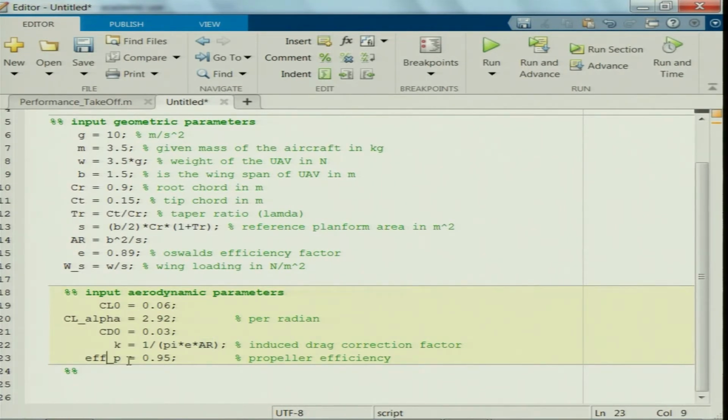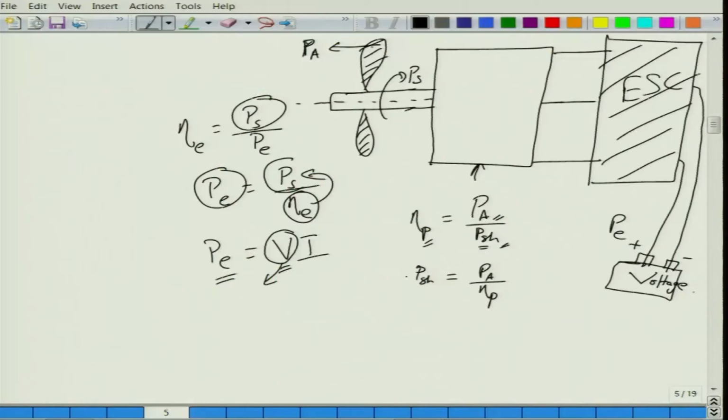We also have propeller efficiency, which is 0.95. We require propeller efficiency to find out what shaft power needs to be delivered.